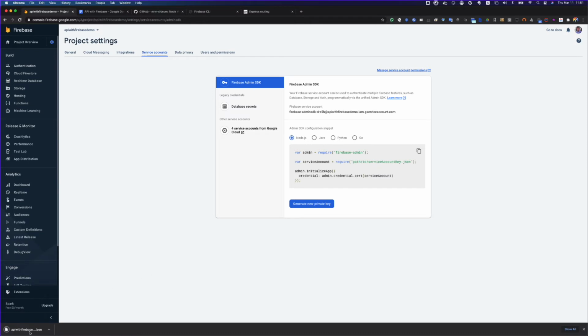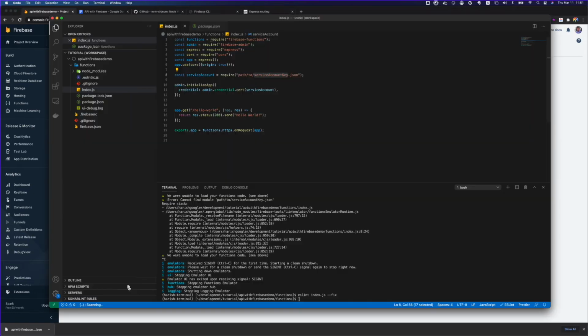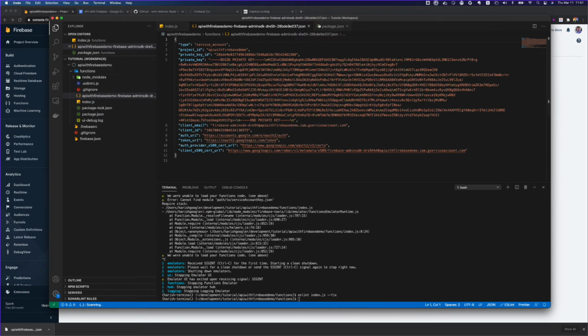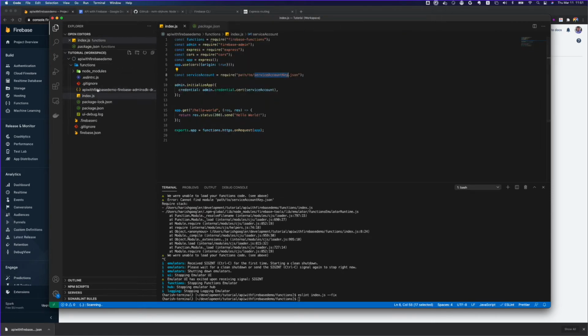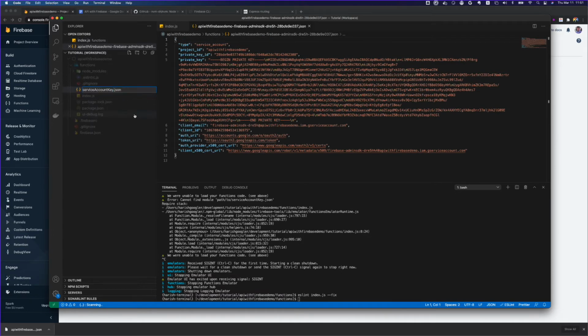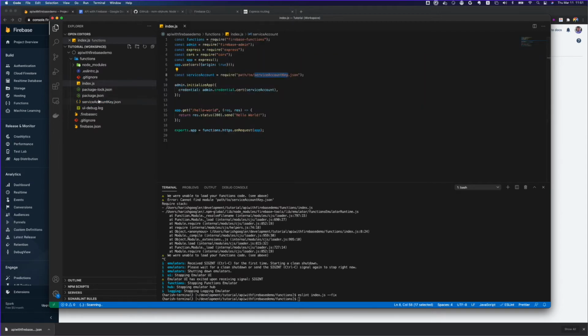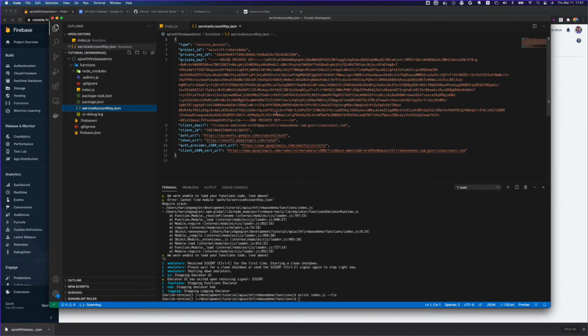So now I have this JSON created. I'm just going to drag and drop it into my project in my functions folder. I'm going to rename this file. Okay, so let's see what information is available in this file.